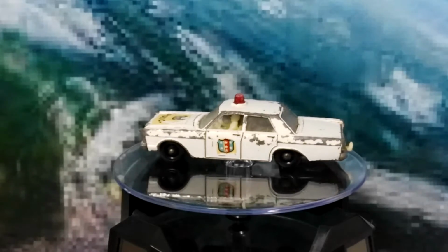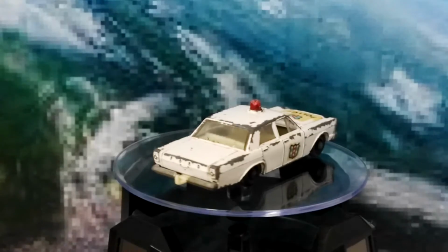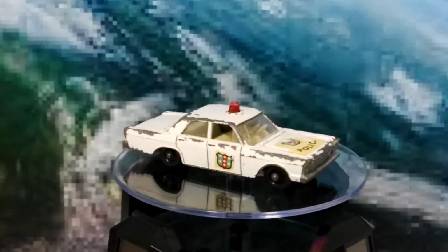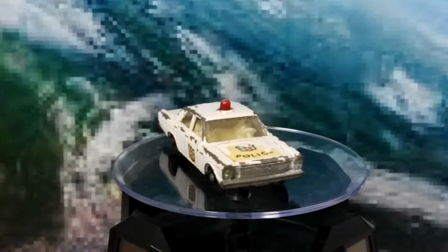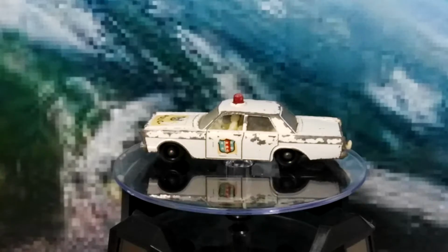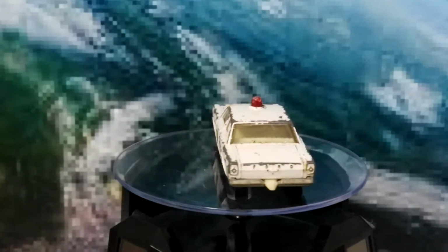They're in pretty good condition really for the age, and all of the plastic windows are pretty cool, and the interior is quite nice and white. So all in all, this is quite a neat old casting. Really like these old cars. They've got a real sense of character about them, so that's pretty cool. So that's the Ford Galaxy